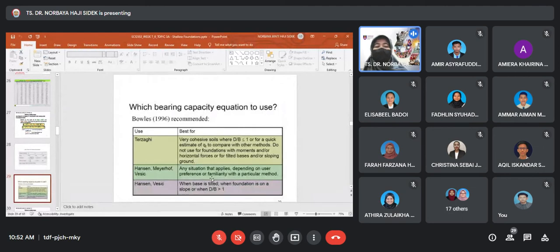All right. So after we calculate all these things, which bearing capacity equation do we actually use? Okay, this is the